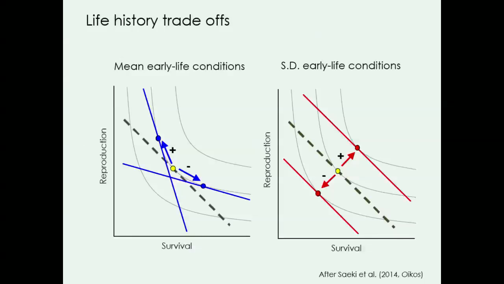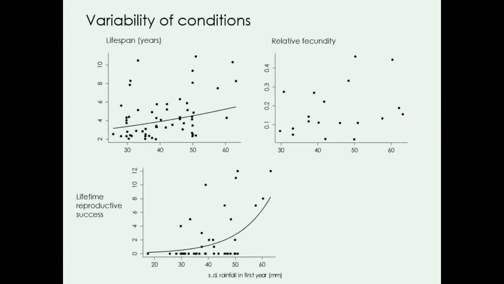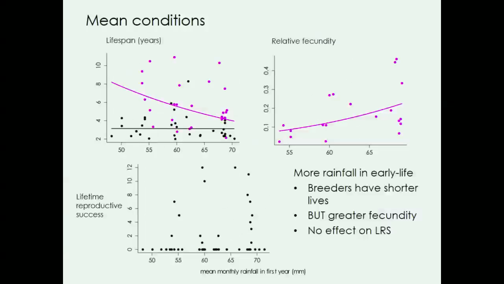One more question? Yes? It seems that you have an increase in individual variability in reproduction with increasing mean rainfall. On one graph, you have very little effect on the mean, but quite a marked increase in variance. Yes, in this graph? The previous one. That one. This one, yes. Relative fecundity, the variance is very high up here. And so, do you have any interpretation of the mechanism that would cause that?